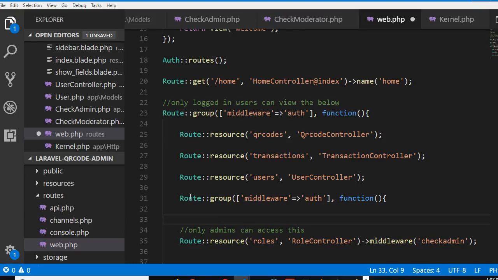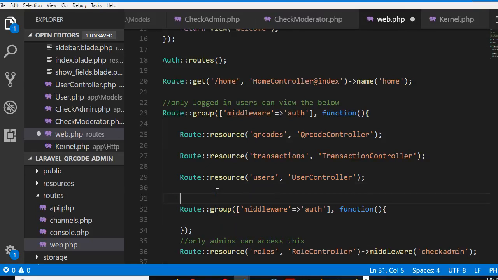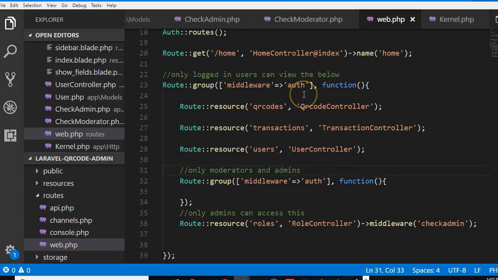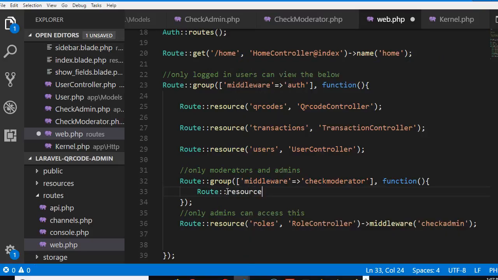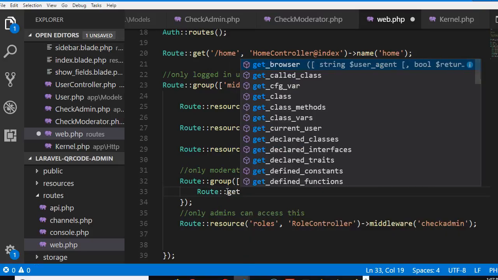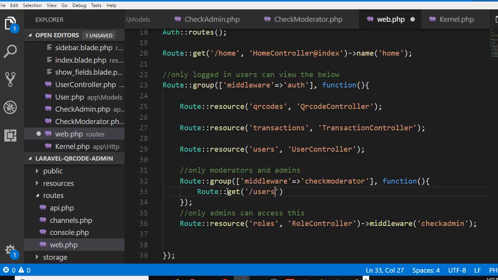Maybe there are other things moderators and admin can access. So we created this route group. Let's put a comment: only moderators and admins. The reason why I'm putting it inside this auth is that first of all, the person has to be logged in. That is Otwell. So let's do check moderator. So check moderator can only access. Only moderators can access route, resource, not resource, route get users